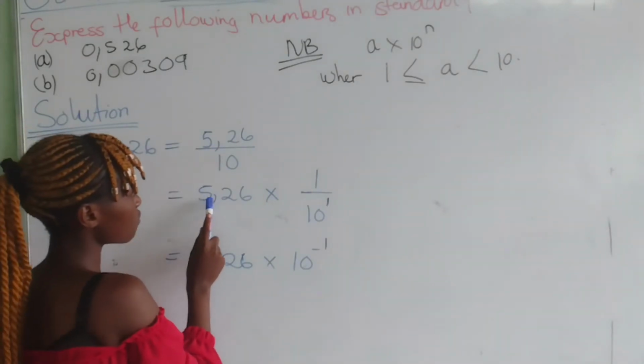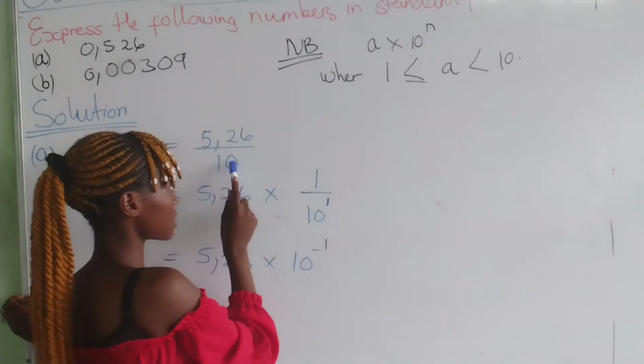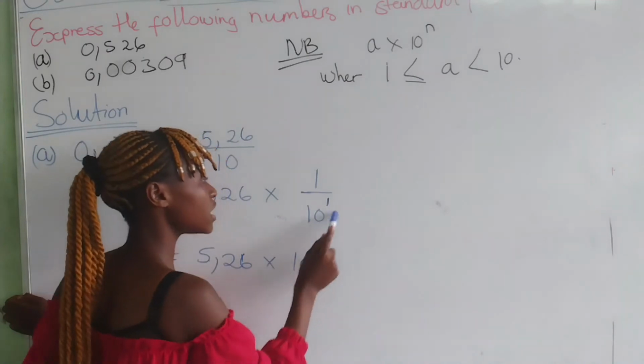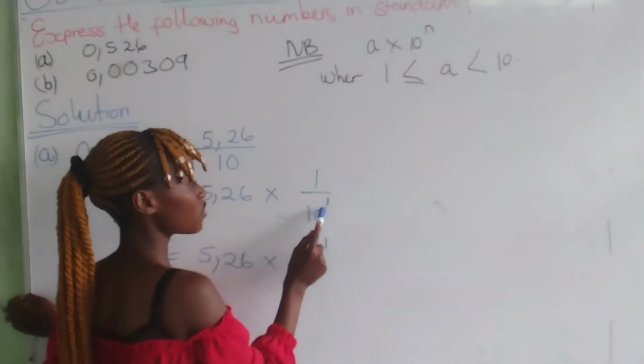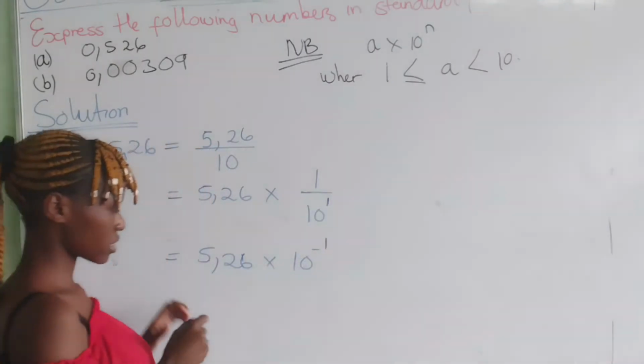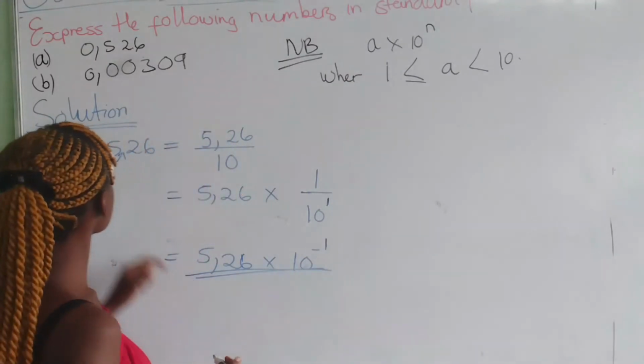And here we see 5.26 times 1 over 10 is the same as 5.26 times 10 to the power minus 1. Here we've just inverted. If you invert something which is below and it goes up, it becomes a negative. That's how it is. So this would be our answer. For my part B,